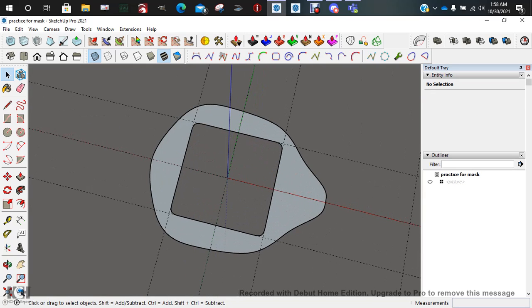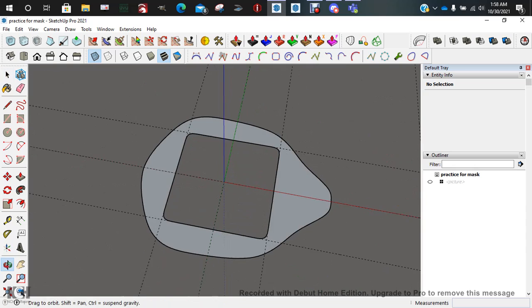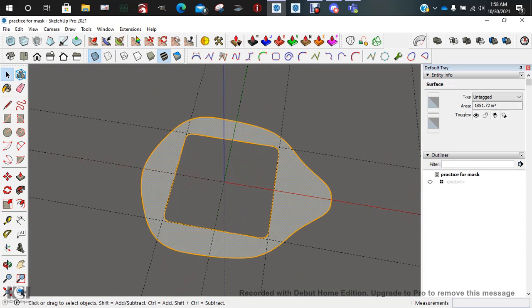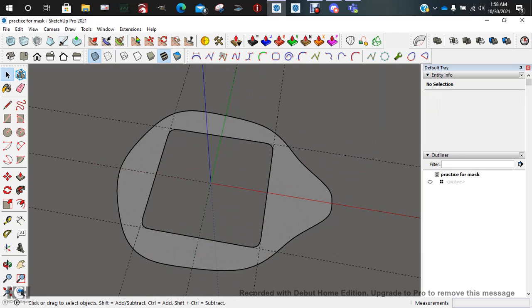And then just deleted the face, and I can't tell if that's reversed or not. I think it is. I think my faces are reversed. So I'm going to hit reverse faces. Yes, they were. It's hard to tell with my profile. Anyway, okay, the next thing we need to do is,